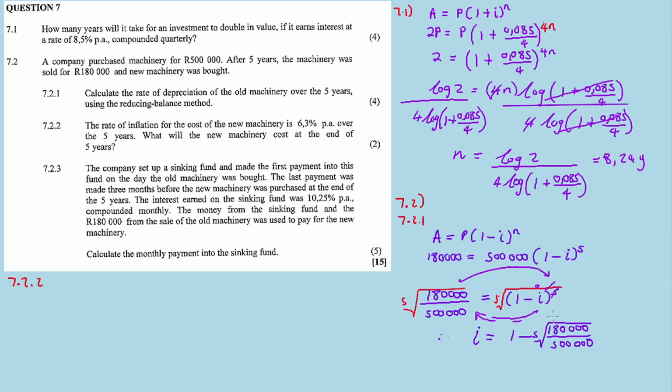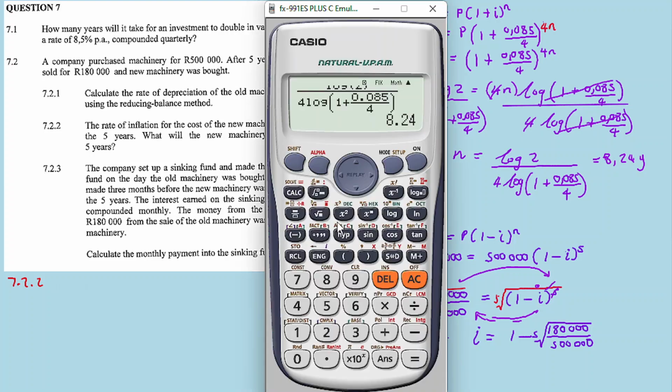And then I do the same for this one, and the answer for the interest rate is i equal to 1 minus the fifth root of 180,000 divided by